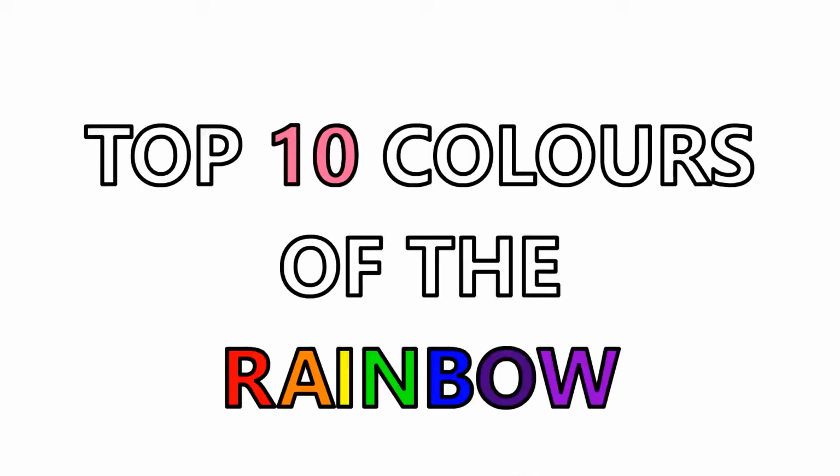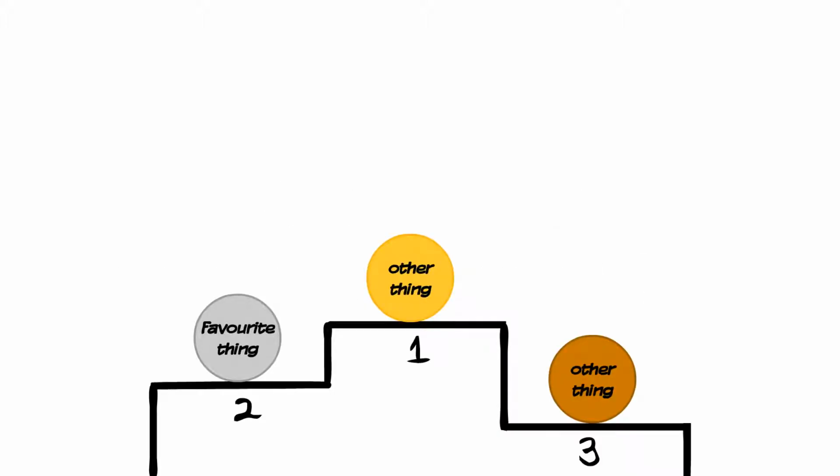For example, top 10 colors of the rainbow. Number 1, yellow. Number 1, indigo. Number 1. The third method is pretty simple. You just remove the word top. This way no one will feel like their favorite thing should have been in first place, because there is no